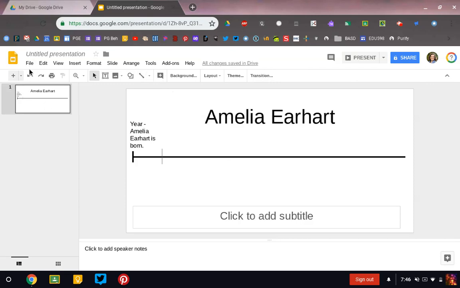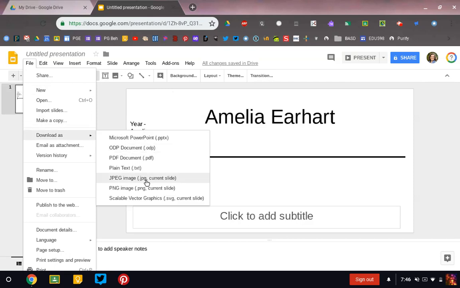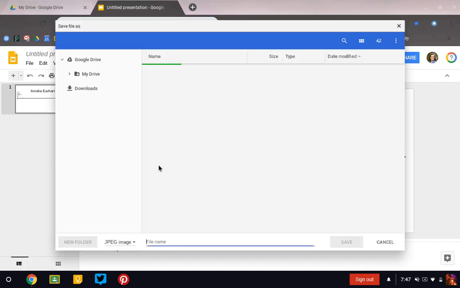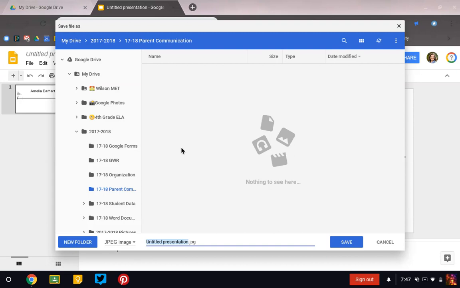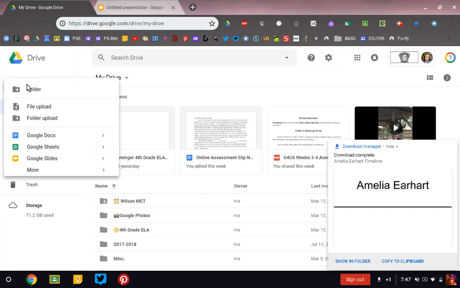Now, when I'm all finished, I can go here to File and Download As, and then click JPEG. This one here, JPEG. This will allow me to insert it easily into my Google presentation, or into my Google Doc for my informational writing. So I'm just going to rename it something that you can remember, Amelia Earhart Timeline, and then click Save. And then when I go into my informational writing,